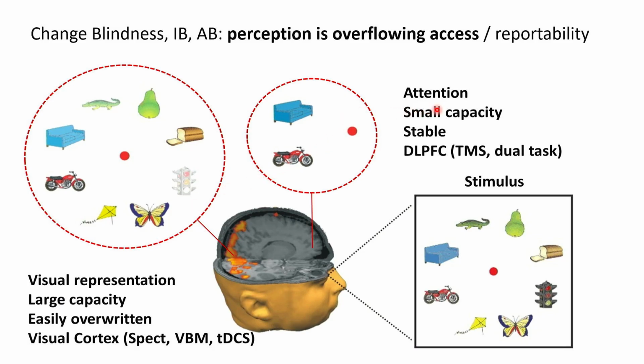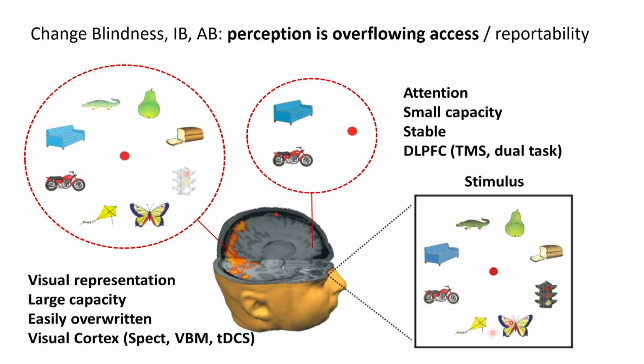Whereas this smaller capacity, stable representation sitting in dorsolateral prefrontal cortex, requiring attention, is a post-perceptual phenomenon, or of course it's memory again, a remnant of the more post-perceptual stuff. And in that sense, it's arguing for what is called perception overflowing access and reportability. Now, what does overflowing mean? It simply means that whenever you look at a stimulus like this, you actually do see all of these 8 objects, but